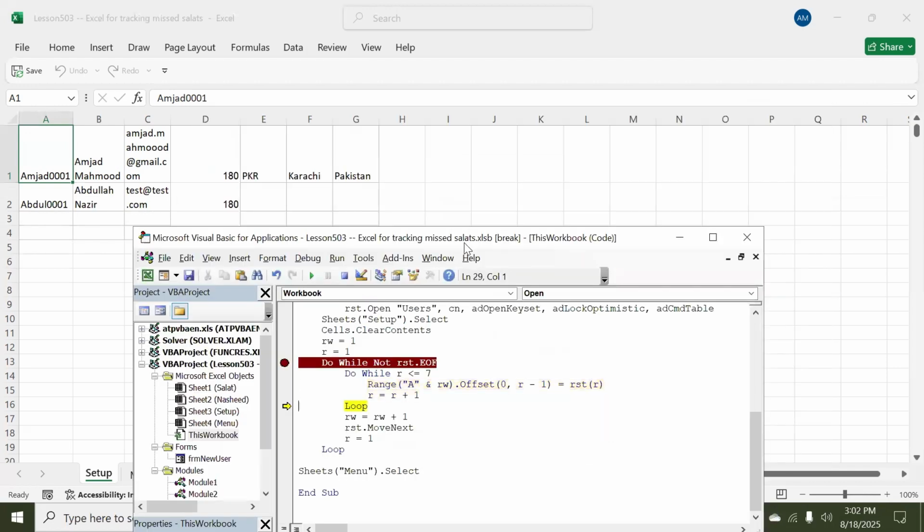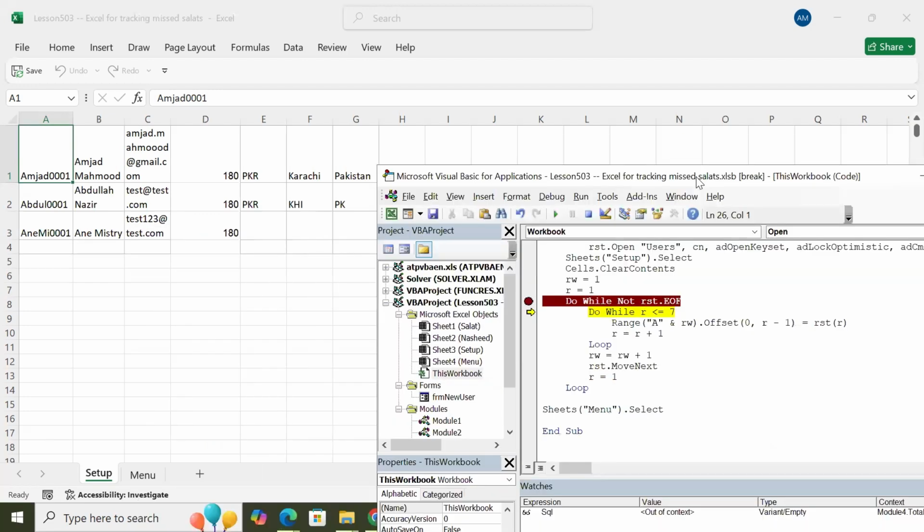F8. Good. Similarly, now it is going to get the third. Yeah, and that's it. You can see F8. Good. Okay. So this is how it has been successfully transferring the data from the Access table to the Excel sheet,